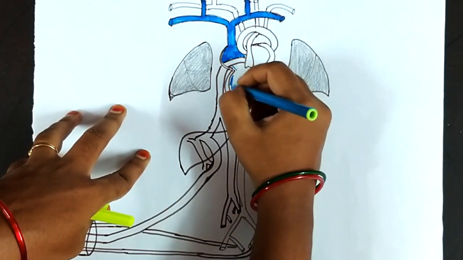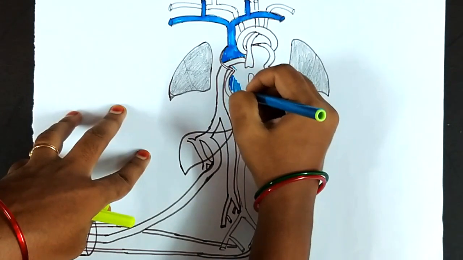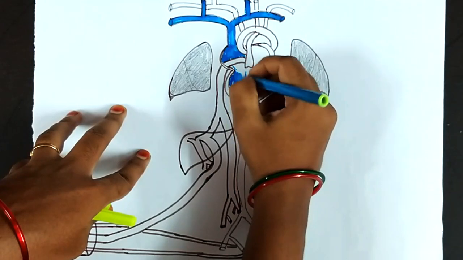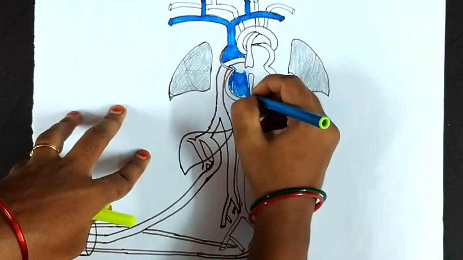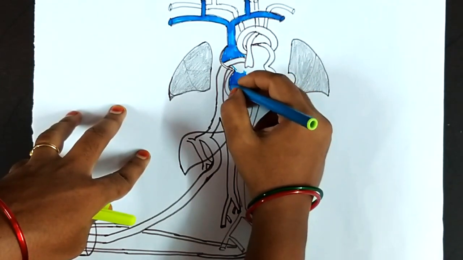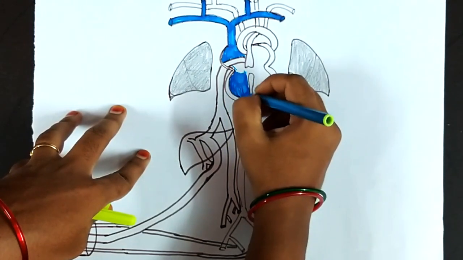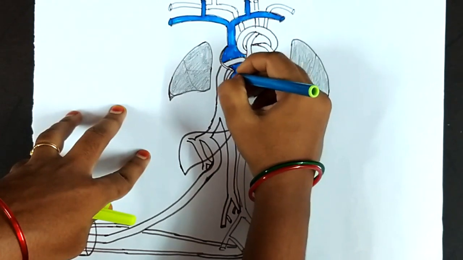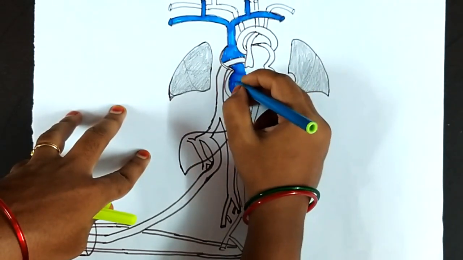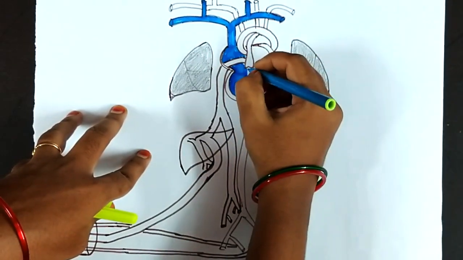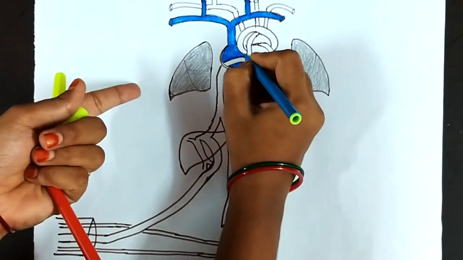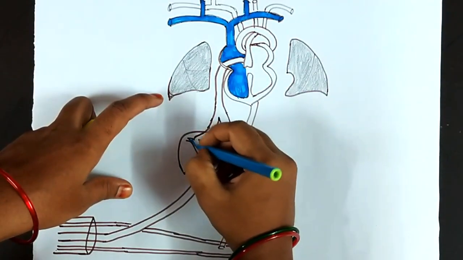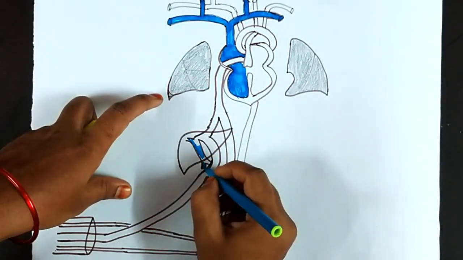see here, after that, the blood from the veins, if we see the venous drainage: deoxygenated blood from the upper limbs, lower limbs and head and neck completely enters the right atrium through the superior and inferior vena cava. I am drawing this right atrium. So this right atrium and right ventricle are completely filled with deoxygenated blood. Hence through the superior vena cava, the blood will enter the right atrium. So superior and inferior vena cava.